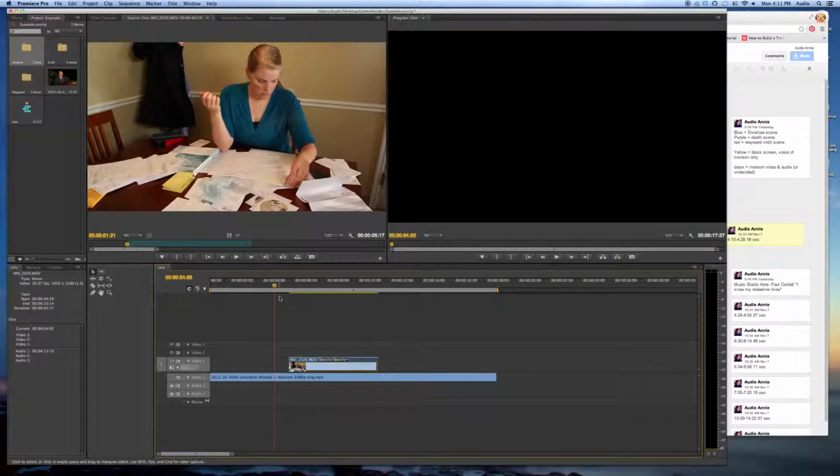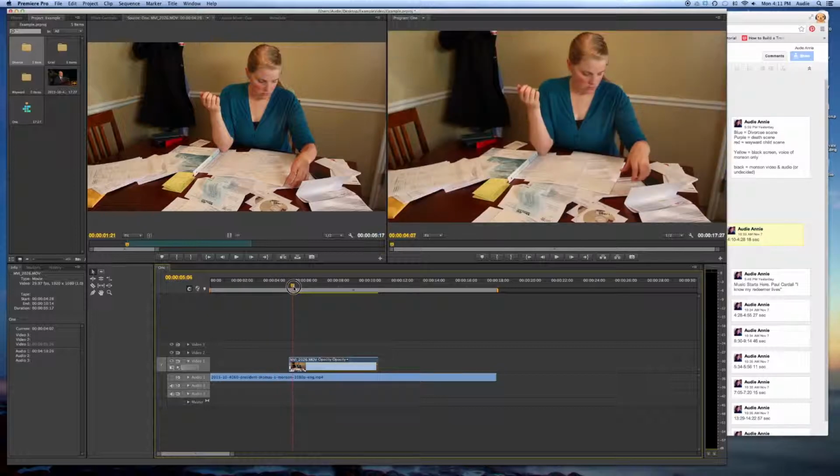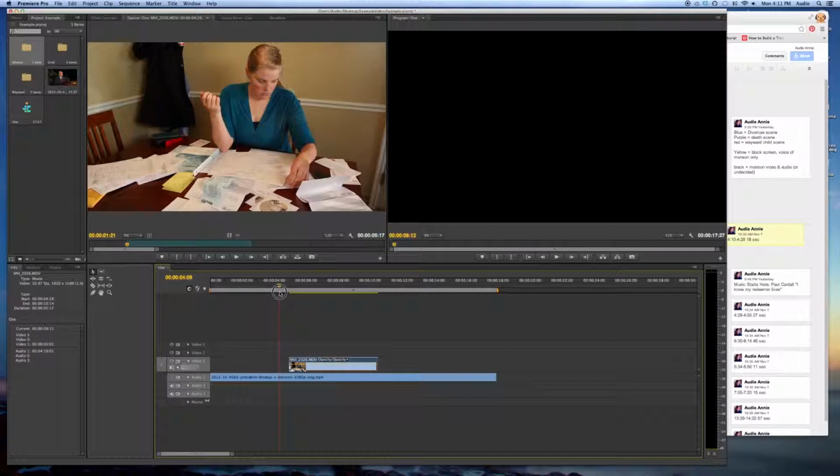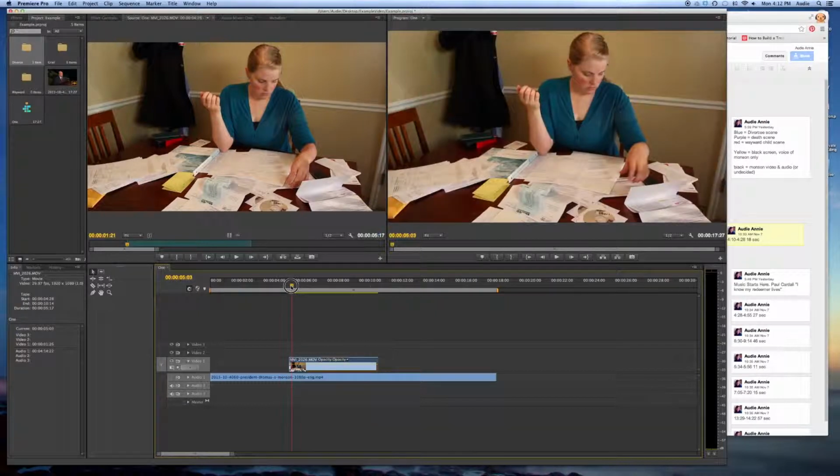Now let's say I wanted to do a cool fade in right here. Right now, it just cuts from black to video. It's not a smooth transition. It's nothing fancy. But in the video class, they'll tell you that these aren't necessarily bad things, because in movies,